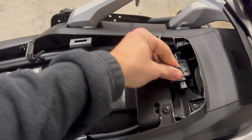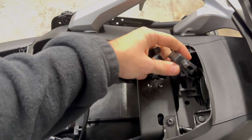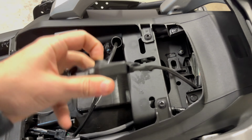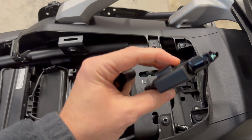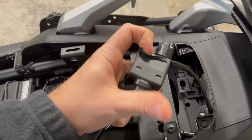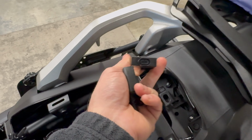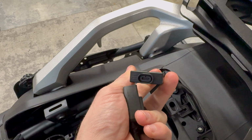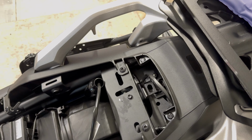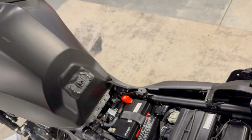And there's also a 12-volt, not 12-volt, there's also a USB-C socket. You can't see, but there is a USB-C socket inside of here as well. And then this has the boot cover on it for dust and everything. Okay, I went ahead and took the boot cover off, but look at that. There's a USB-C plug here that sits right here. I had no idea. All right, so now that's done,